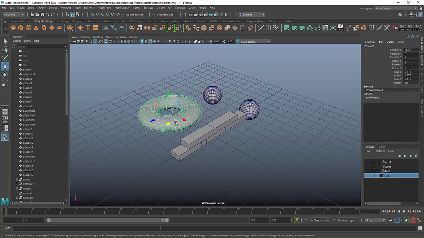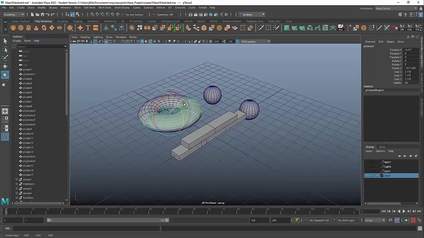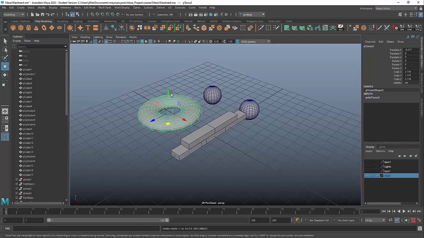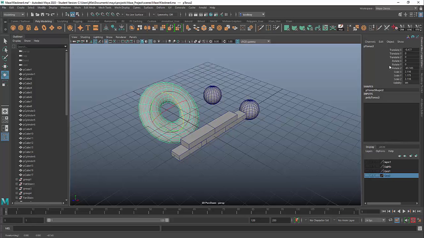This guy here, maybe I want to rotate it, so I can hit E. And if you hold the shift key, it sort of snaps to these little areas, degrees sometimes. So mine's not quite working properly, but it usually works okay. So another way to go about it is just to pay attention to your channel box here. So if I drag it and start moving it over, you can see rotate Z here. I can put in a value of like 90 or negative 90, and I can get it to go this